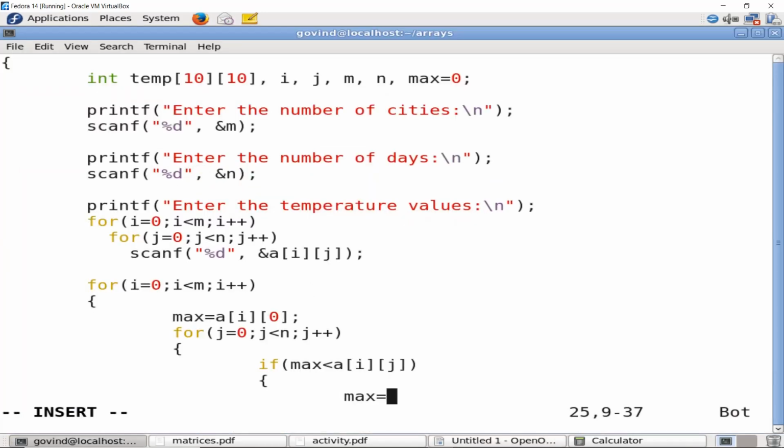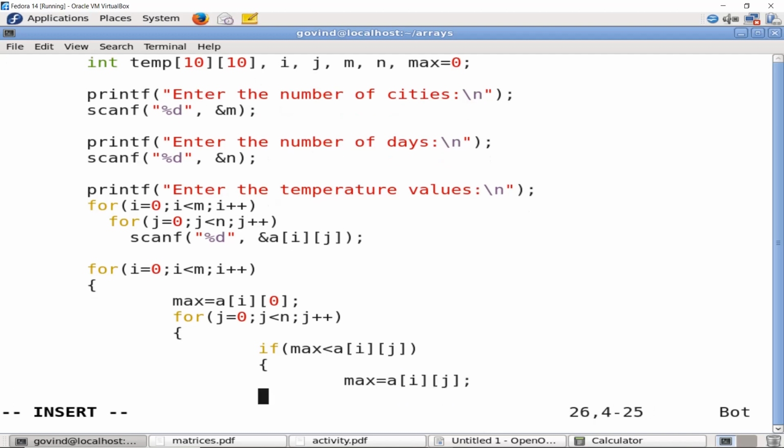Recall when we discussed the program on bubble sort, we followed a similar approach. We exchanged it there, but we can also follow it this way. So I just update the value: max equal to a of i j.